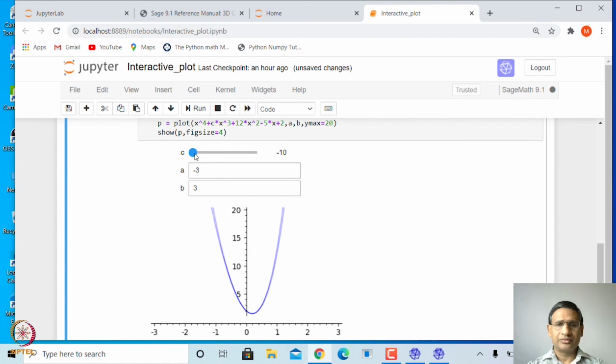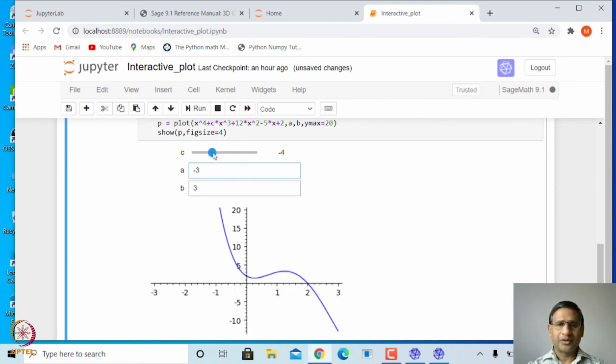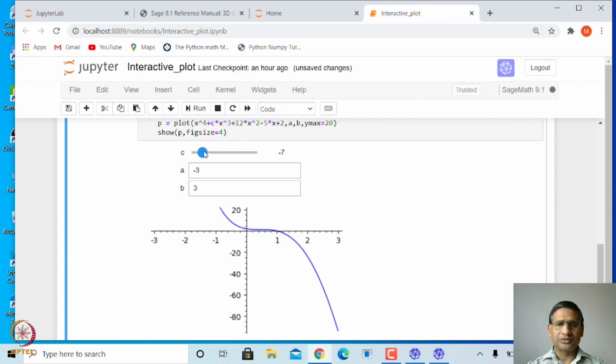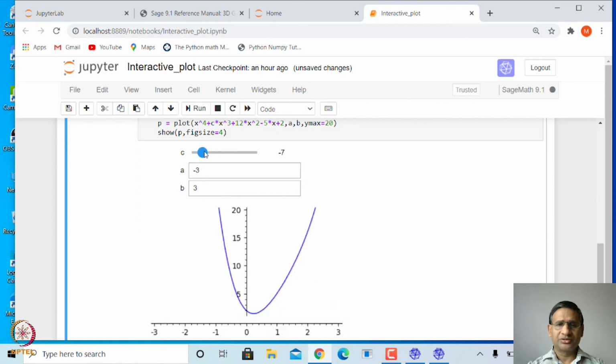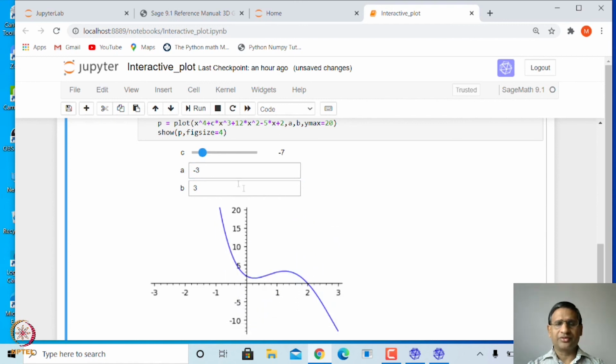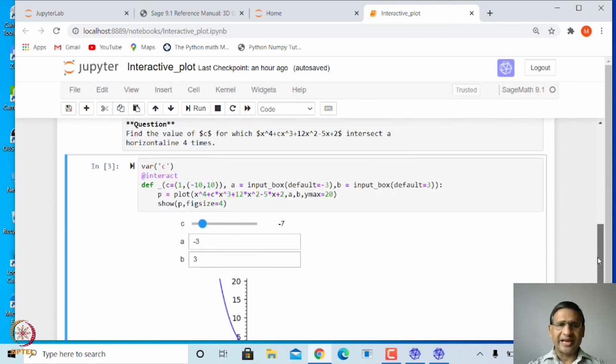Okay, so now it is still changing, it has become slightly slow. So, if I change C to -7, then also you will see, for example, I can say a parallel line passing through about 3 should intersect this twice, or 2.5. So, let us add that line. For example, if I add one line here,